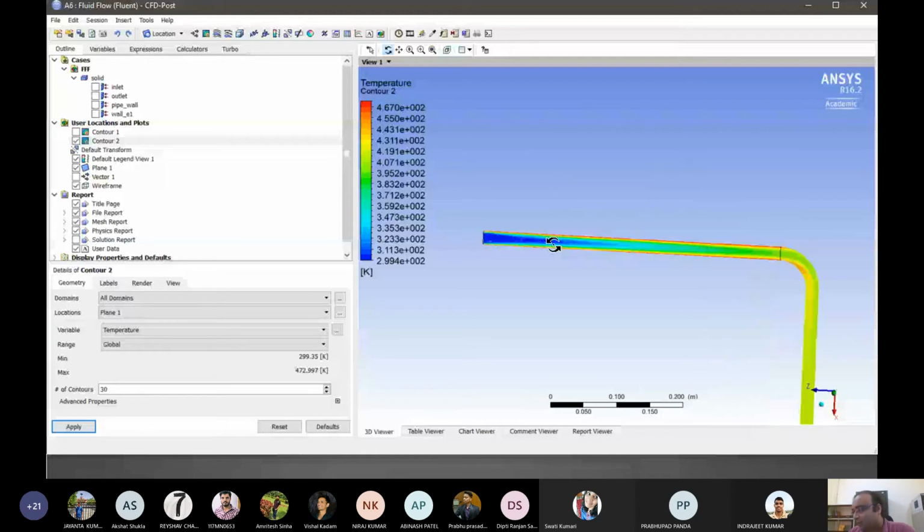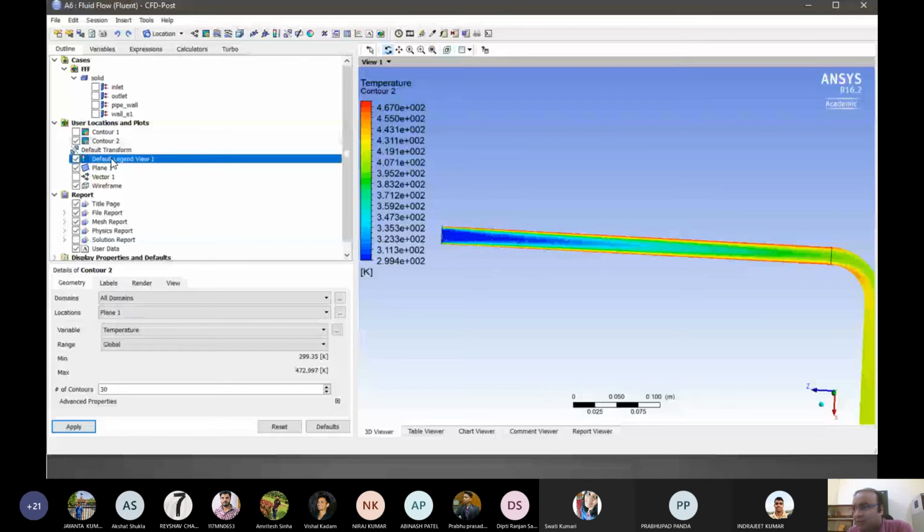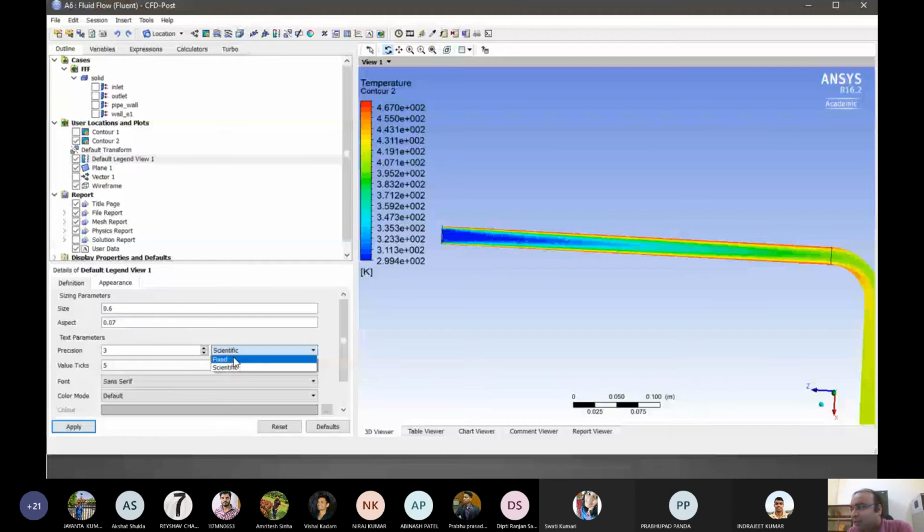So this is the inlet, okay, this is where our starting point is. Let me change these contouring trends also, because it doesn't make sense. Every time it switches to scientific notation, it doesn't make sense. So let's keep it fixed. Okay, in Kelvin. Correct.